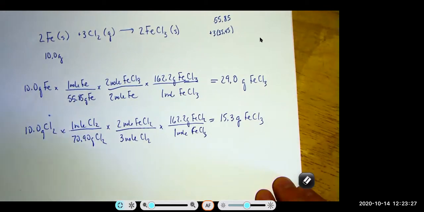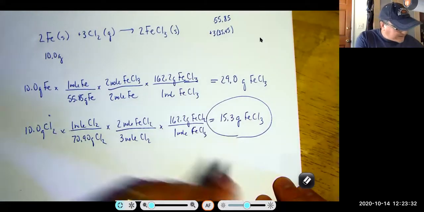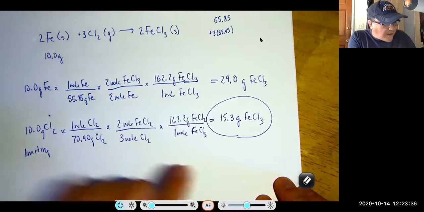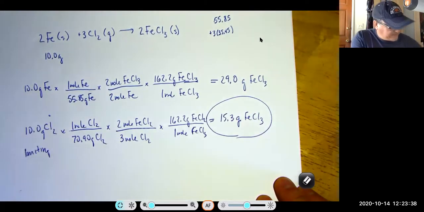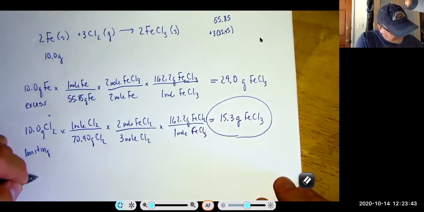15.3 grams. The smaller of the two. So this is how much you make because this is limiting. And what do we know about the other material? Excess. And we could actually do this way. 10